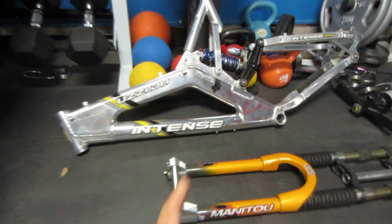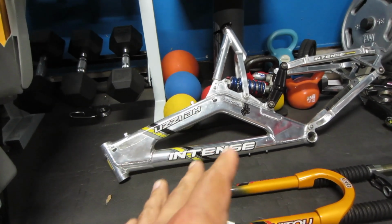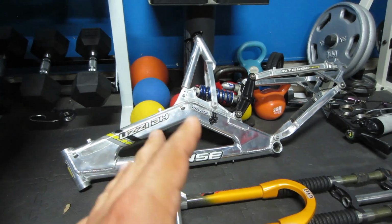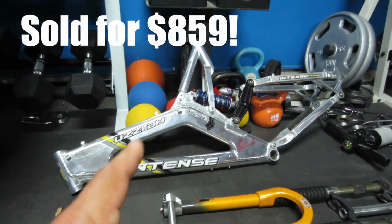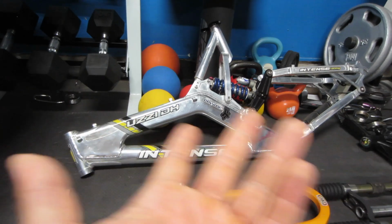Anyway, that right there is probably worth somewhere in the vicinity of like 600 to 1,000 bucks. Let's be real, maybe 600 to about 850 or so. That's something you don't see every single day. But yeah, me knowing a lot about mountain biking and stuff like that, this is just kind of a cool